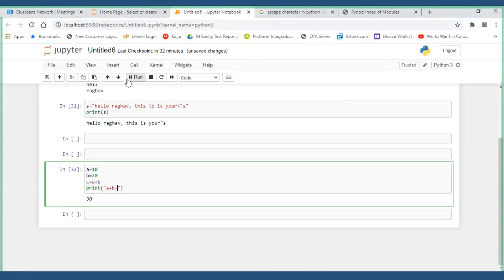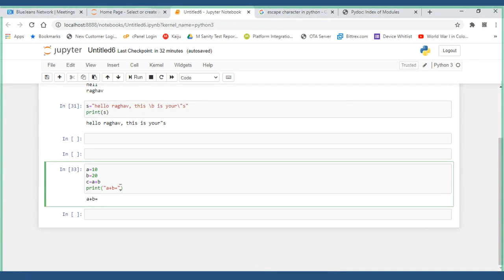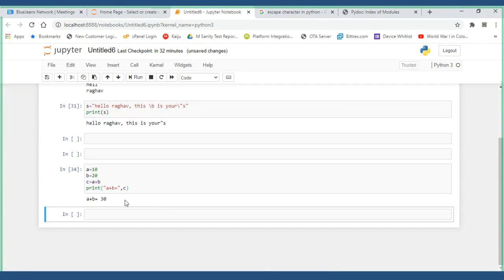Whether that gets printed or not, yes, it is successfully getting printed. Now I would like to print the C value. Will it get printed or not? Yes, it will get printed.